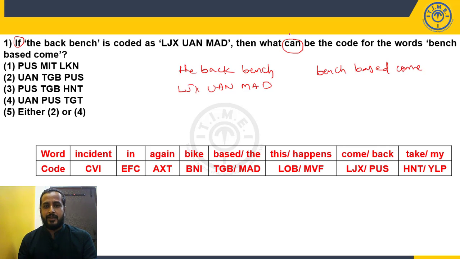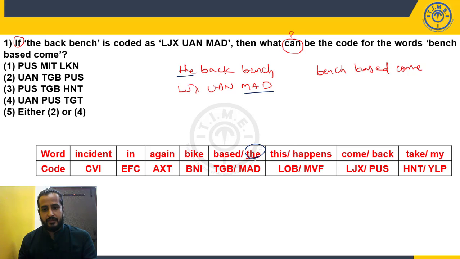Again he is asking possible code only. Okay, that is why the term "can" is used. Now, do you know the code for "the"? TGB or MAD? Can you say confidently which is that? No, we cannot say. But as per this if condition,